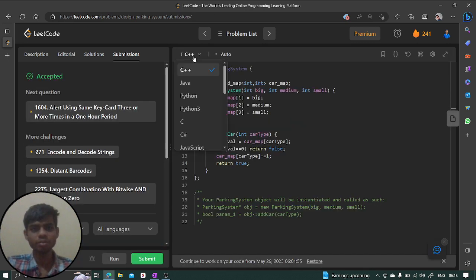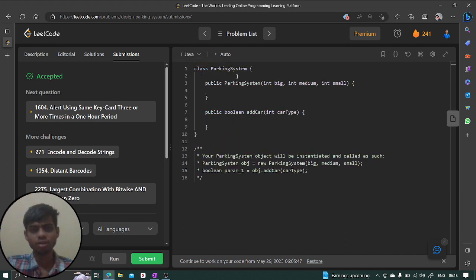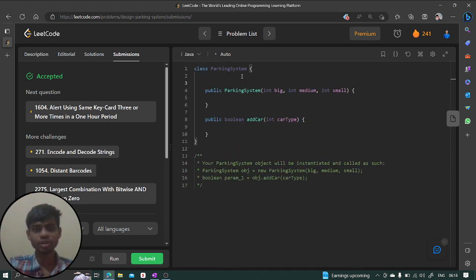Now let's move to the Java programming language, that is the last programming language for implementation. So here we are going to create, first of all, a map. So map of Integer, and here the value is also going to be Integer data type, and for the name we are going to give car map, right? Let's write this. Once this is done, we can initialize right here. So we can say first of all car map is equal to new HashMap,